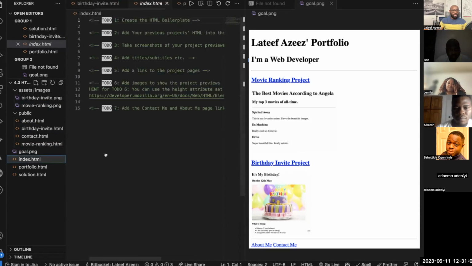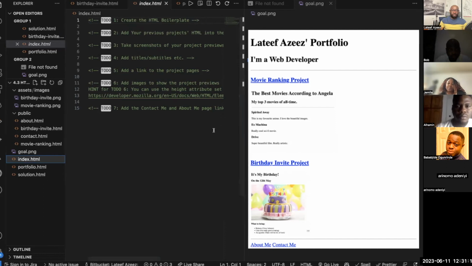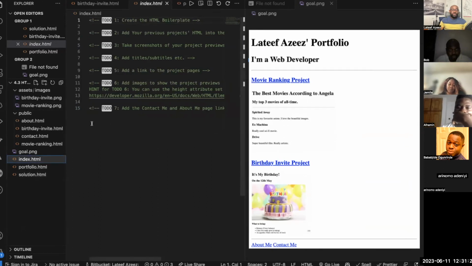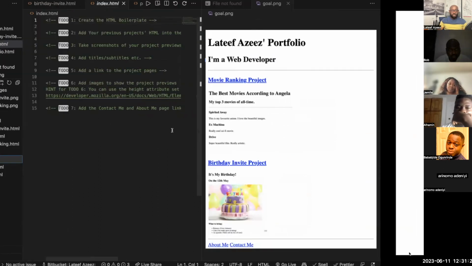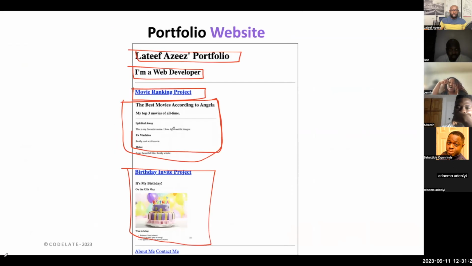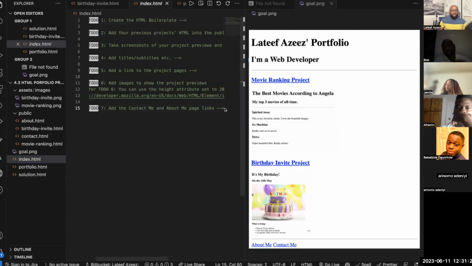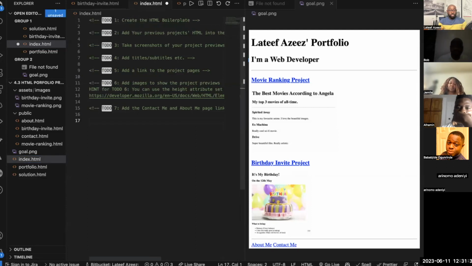And then this is your index, which is the main page. I already put some instructions here for you guys. Create the HTML boilerplate, the one I just sent to you. Now, what I forgot to show you is this. If you want to create the HTML boilerplate, the one I just showed you on the presentation, although I wanted you guys to type it out, why do you have to suffer if there is a way to do it quicker? To create that HTML boilerplate, you need to type the exclamation mark,